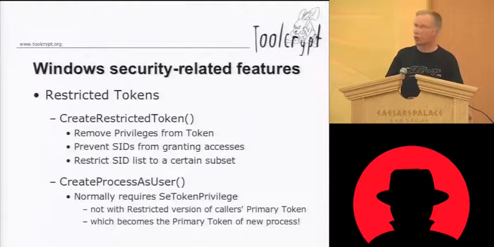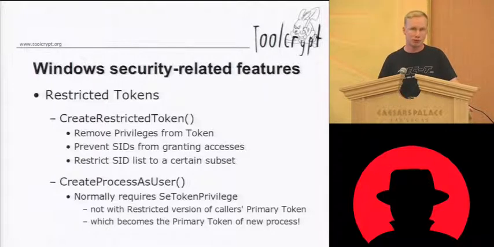And this is really interesting if, for example, you want to sandbox off a piece of code that you want to run with lower privileges than what the user normally has. So, for example, if you don't trust that code, or if that code is parsing input that is untrusted, that comes from either the network or a file or something like that,